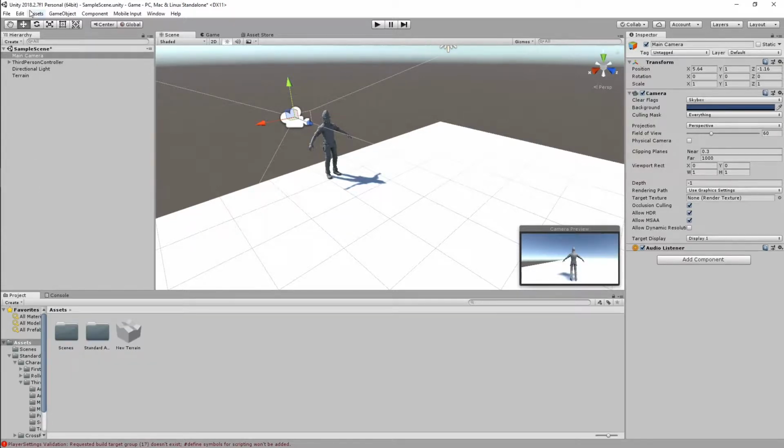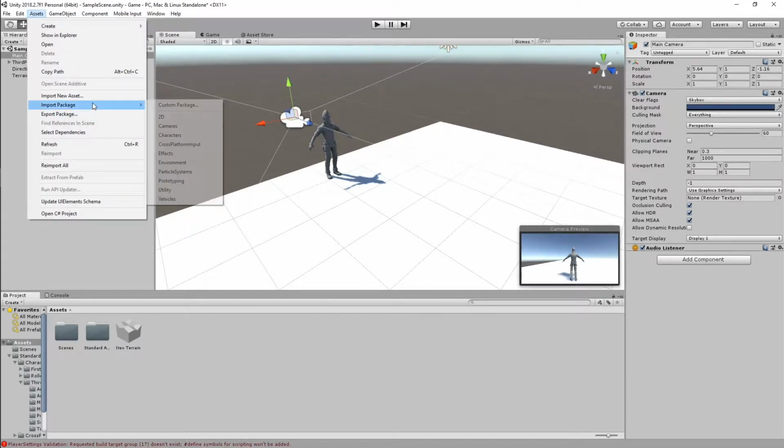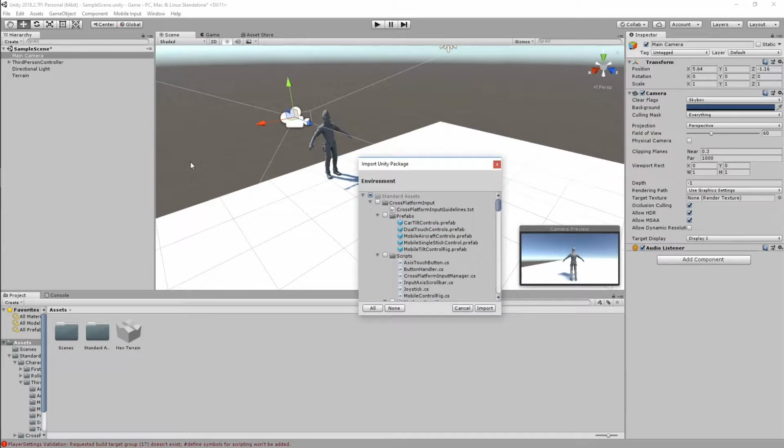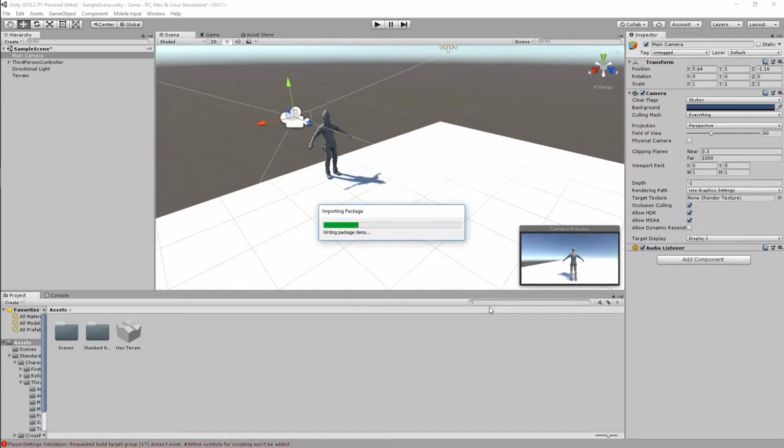So first of all, go to Assets, go to Import Package, select Environment. Now select Import. I will skip this because this will take some time. After importing,